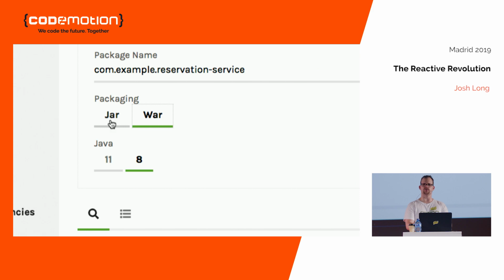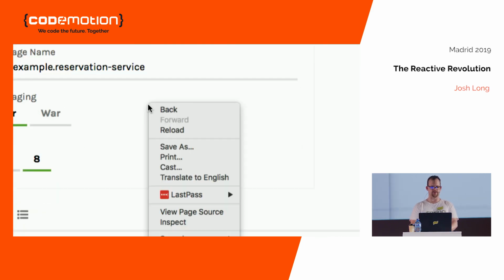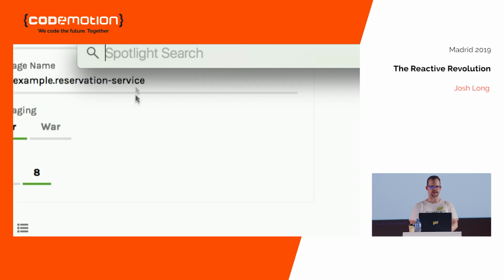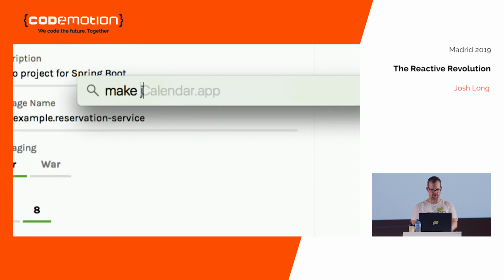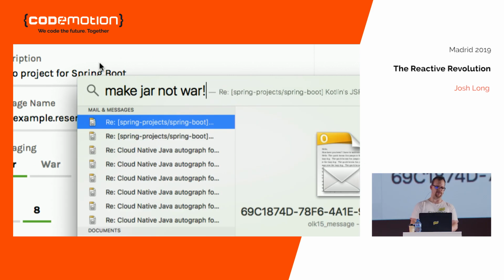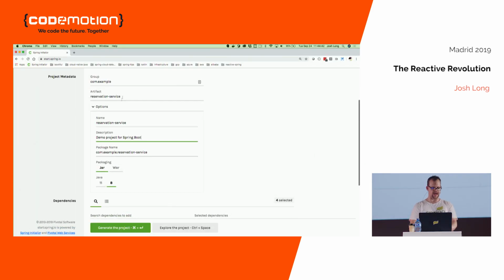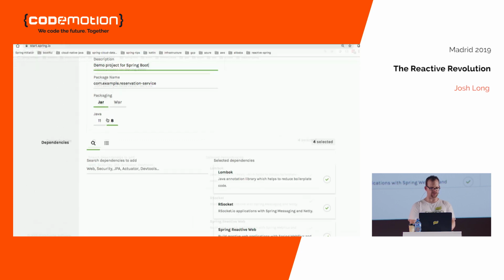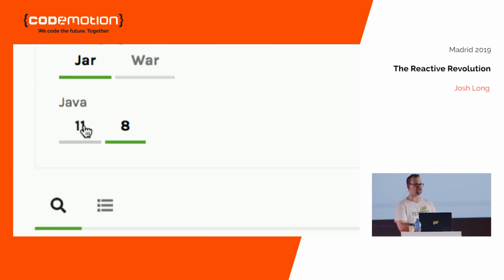But if you're here with me in 2019, then choose .jar. This is a big part of my overarching and guiding personal philosophy of make jar, not war. And again, lots of options. Okay? Now, we have also the choice of packaging, and the choice of JVM version, and there's a couple of